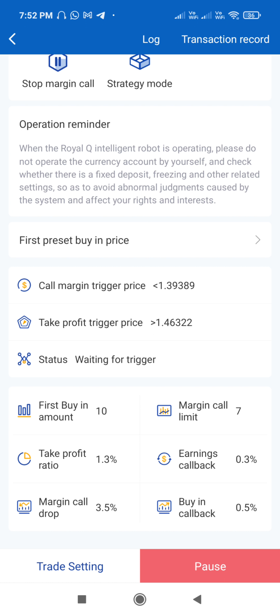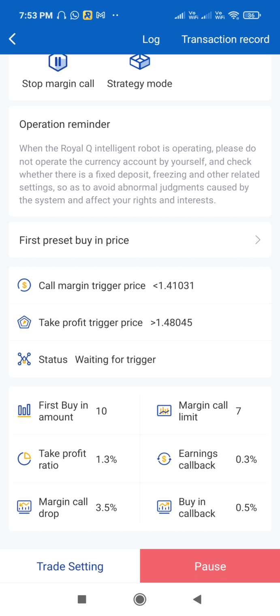It will start with a $10 first buy. For an example, you have selected Matic, first buy is $10. Suppose your trade goes in a minus, like it drops to 3.5. Then as per your strategy of 7 steps or 7 times, it will buy one more time. It might be $10, or as per your strategy it will go to $20, $30 or $50. You can keep margin call 7 times, 5 times, 6 times, it's your choice.